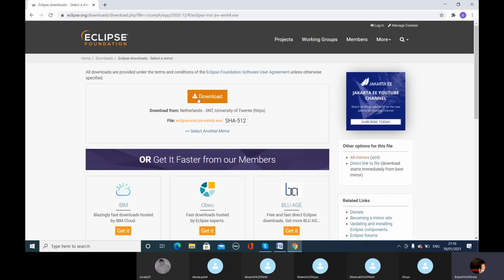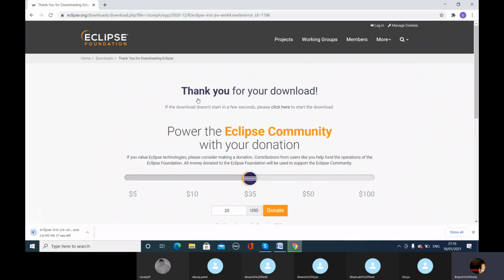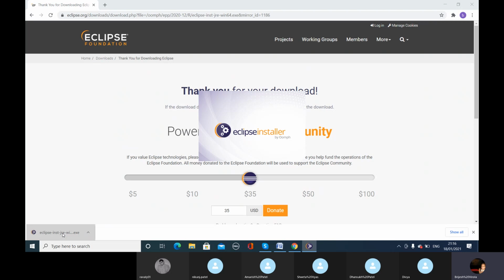Then again on this page, you click on download and Eclipse will start downloading. As I have downloaded Eclipse on my PC, it is easy and I can show you, but again we will go and start how it works.